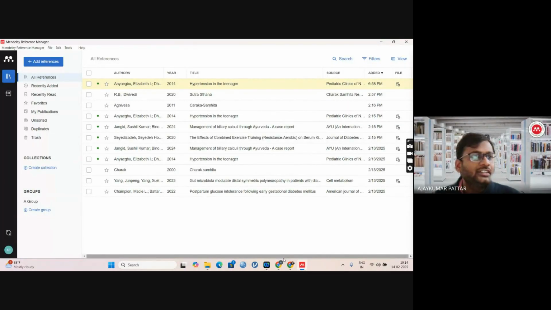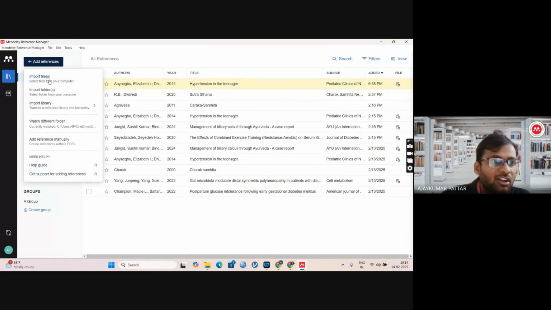Okay. Yesterday we discussed how to add sources to the Mendeley library. We discussed different kinds of methods, like importing files from the computer and synchronizing a folder to the Mendeley library, and I also explained that if you have BibTeX files and RIS files, it is possible to import those files. We will show this BibTeX file today, and